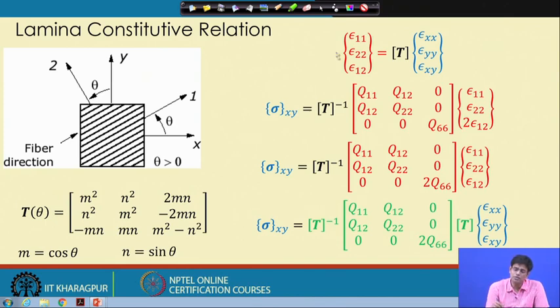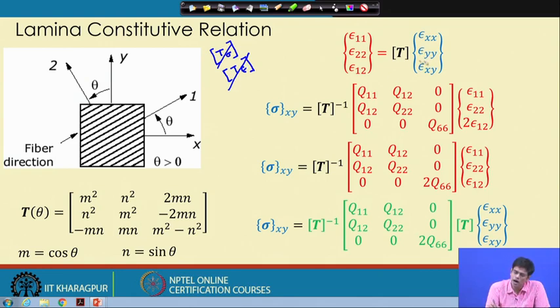If you now transform the strain, remember that in the previous lecture I used two different transformation matrices, T sigma and T epsilon. T sigma is the stress transformation matrix and T epsilon is the strain transformation matrix. These two are related, and we know that relation, but we will not use it here. Instead, we will just check whether